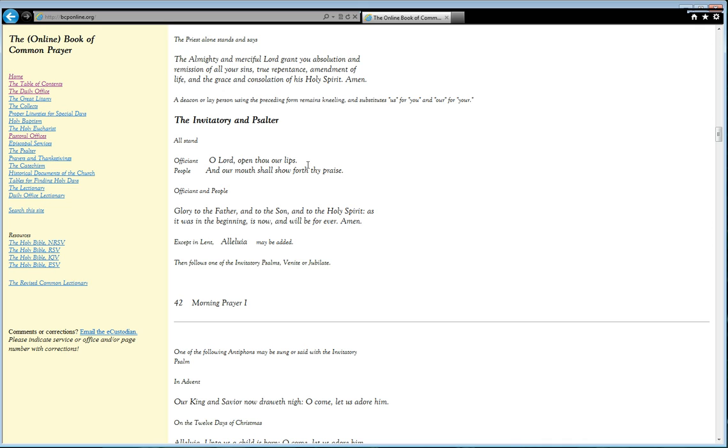And then we would go into, O Lord, open thou our lips. And then the people's response. So this is where you're going to begin. You're going to say, and our mouth shall show forth thy praise. And then I'm going to lead you with this Trinitarian statement that we ascribe to believing